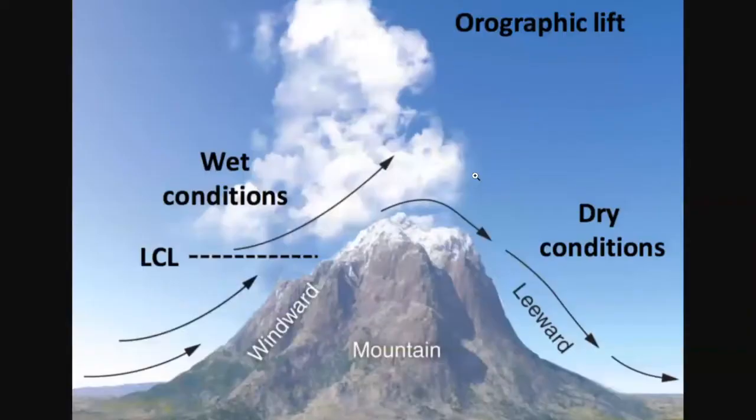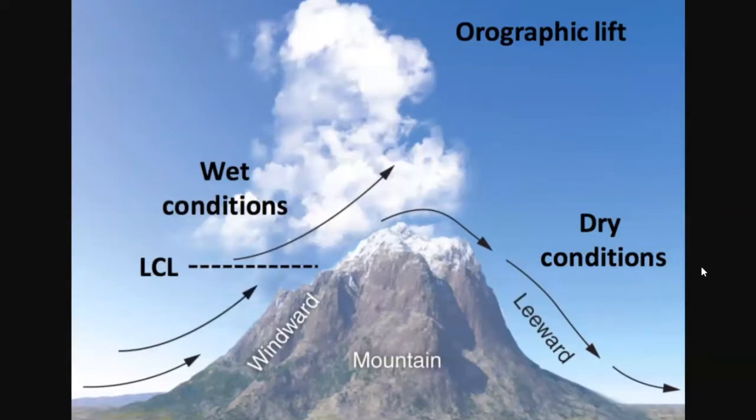There's another way that we're very familiar here in northern Arizona with lifting air, and it's up over mountains. It's called orographic lifting. You really don't need to know that fancy word, but if you bring a bunch of air in and it hits a mountain, let's say this is the San Francisco Peaks, it rises up over it. It's got to lift up over that, and it gets colder as it lifts up. It turns the water vapor into either liquid droplets or ice crystals, and then that forms precipitation. Much more on the side where the wind comes in and it's lifted than on the other side of it.